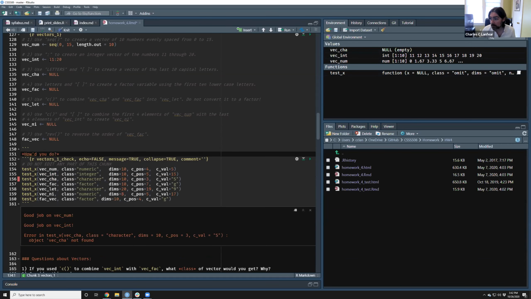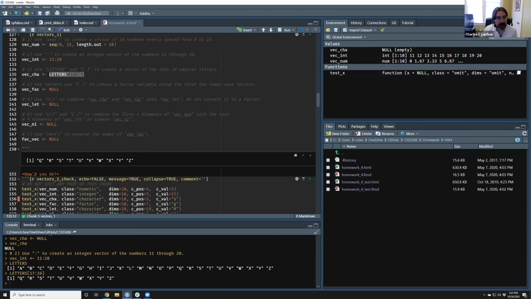Yeah, there's a million of these that are good. Okay, the most straightforward way, as shown in chat there, is 17 to colon 26. What this says is give me the letters vector subsetted down to the 17th through 26th element, which is the last 10 elements. If I run this, it's Q R S T U V, W X, Y, and Z, right?